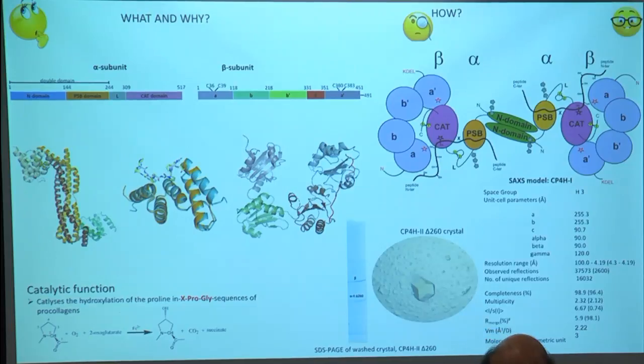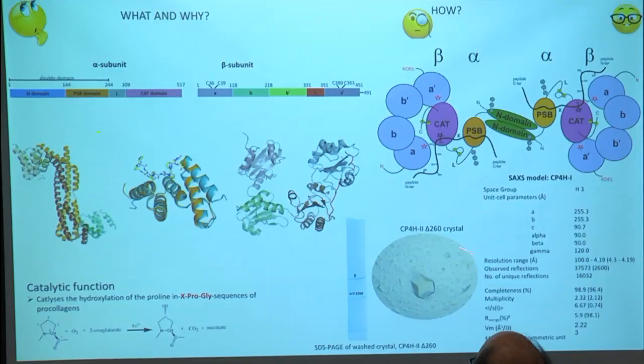And we are able to get crystal for this construct, and which diffracted at 4.5 Angstrom. And in order to check if this crystal contains both our subunits or not, we have run the crystal in SDS, and that confirmed that it contains both subunits. And I would like to focus at the end that this is the first crystal with alpha and beta subunit